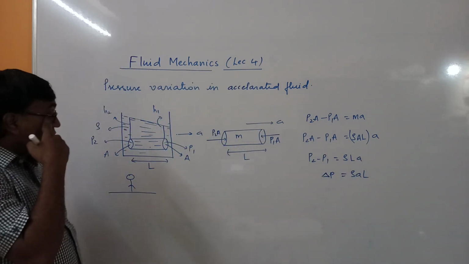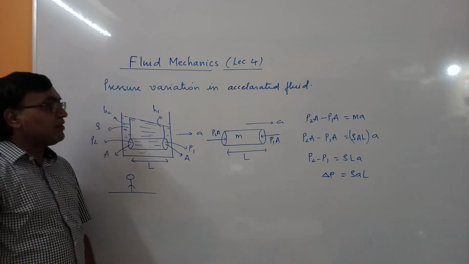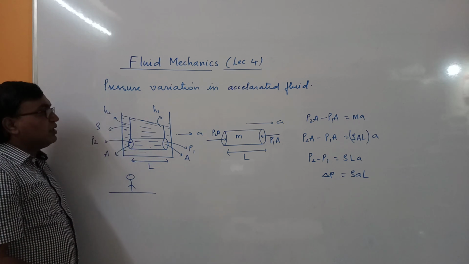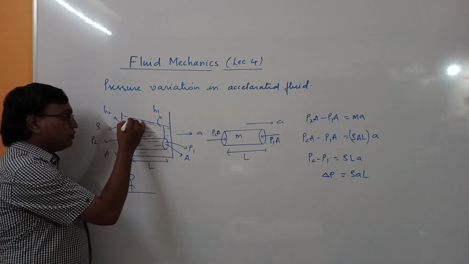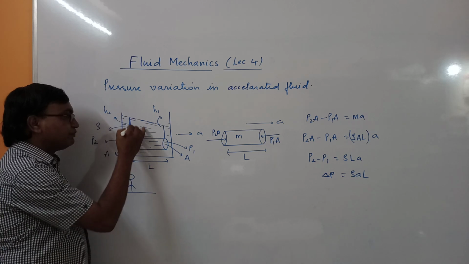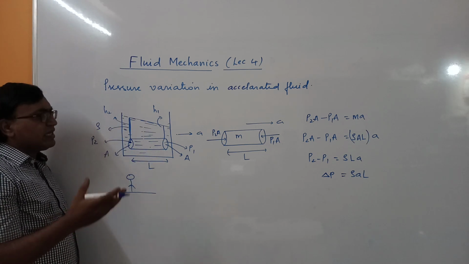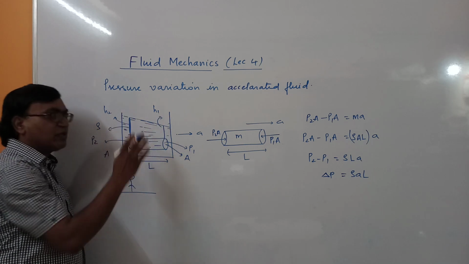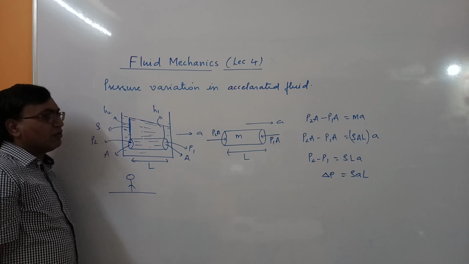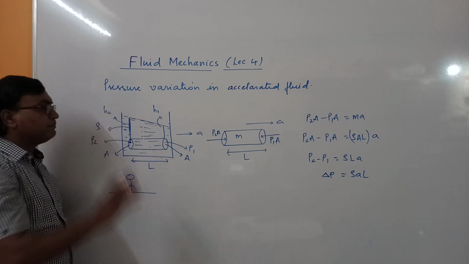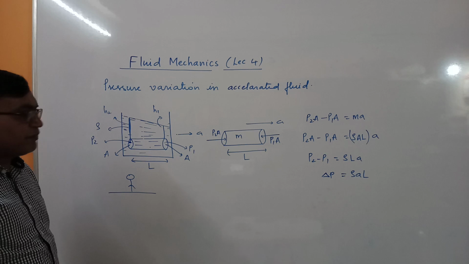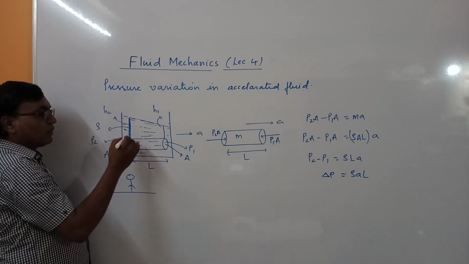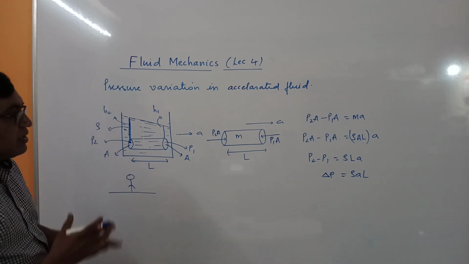Now we have to find out the shape of the free surface of the liquid. See here, at this point the pressure is due to this height of fluid column. For the time being, just neglect atmospheric pressure. Atmospheric pressure will add to this point, and here also atmospheric pressure is added, and it will cancel out when you take the difference. So let us forget about atmospheric pressure for some time. Or let us take atmospheric pressure, there is no problem.